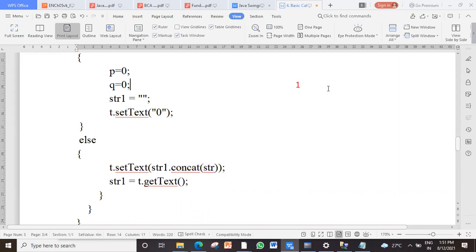Now, once you enter 1 and 2, suppose 12, what is the sequence of action you're going to do? I'll match it with this, make it this is 12. Then after that, the user is going to click on any operator. What happens when the user presses the operator? After the operator, the user is going to enter another number. Then the answer will come.